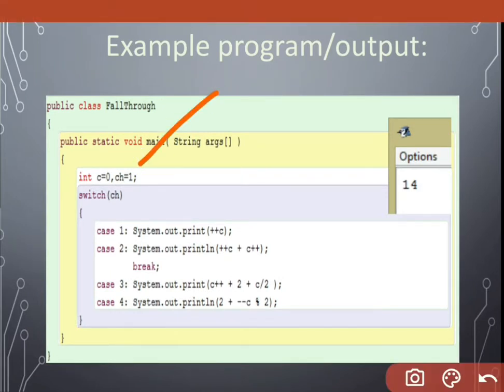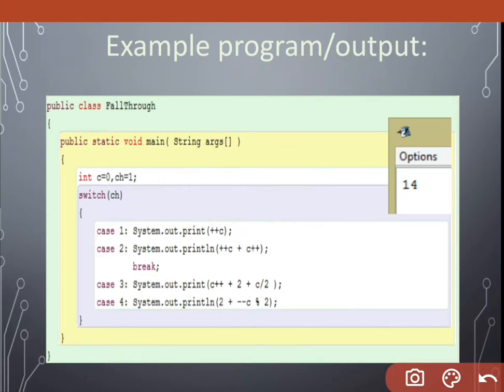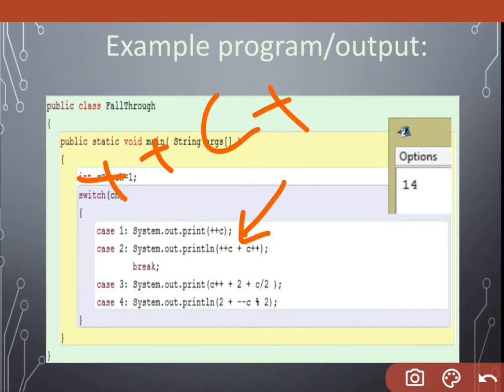If I'm having a choice that is 1 and I had written break here, what will happen? Choice is 1 means case 1 will be executed. C++, the present value of C is 0. C++ means we have to cut this C and place 1 and display it, means 1 is displayed. And then case 2 will be executed because break is not there, means ++C plus C++.